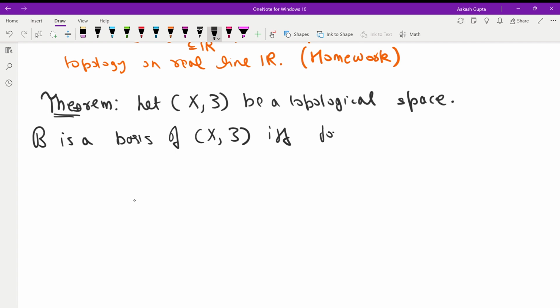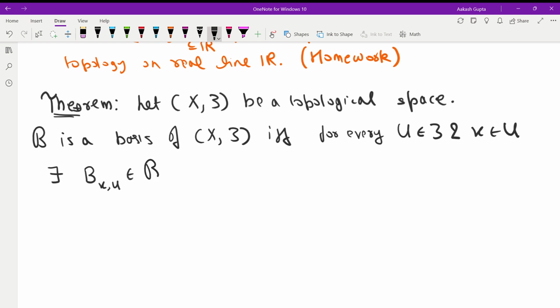For every U in tau and x in U, so every open set and for every point in U, what is the claim? There exists B_{x,U} in script B. So it depends upon both things, the point and the set, such that, I think you may guess it,